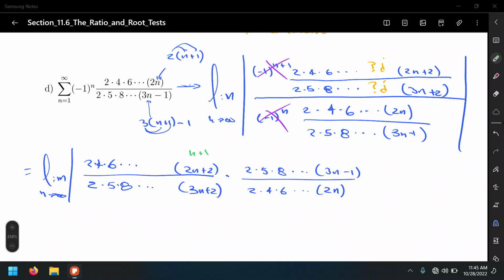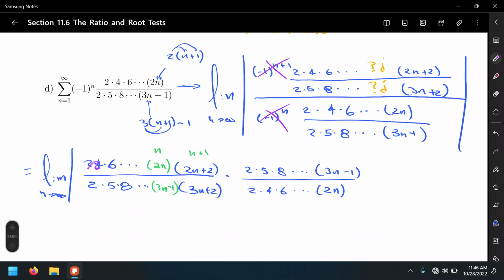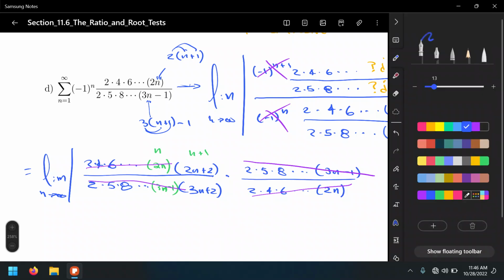So I need to write the second to last, which is the n term. What's the n term based on the original? Isn't it 2n? And what's the second to last from 3n plus 2? Isn't it 3n minus 1? Only then can we divide out 2, 4, 6, 2n with 2, 4, 6, 2n, and divide out 2, 5, 8, 3n minus 1 with 2, 5, 8, 3n minus 1, and that's going to leave us with